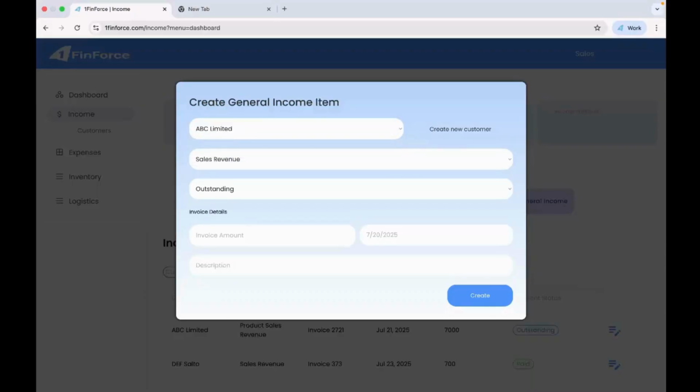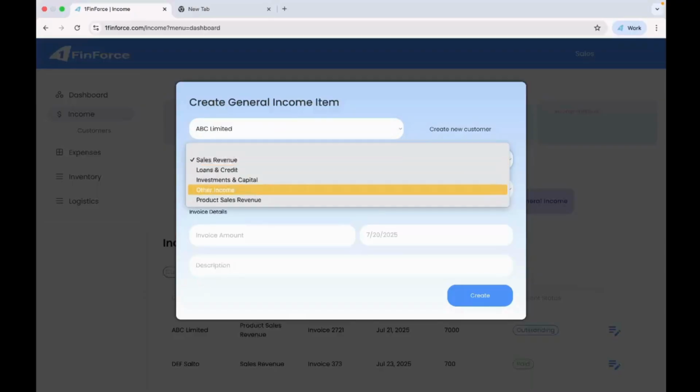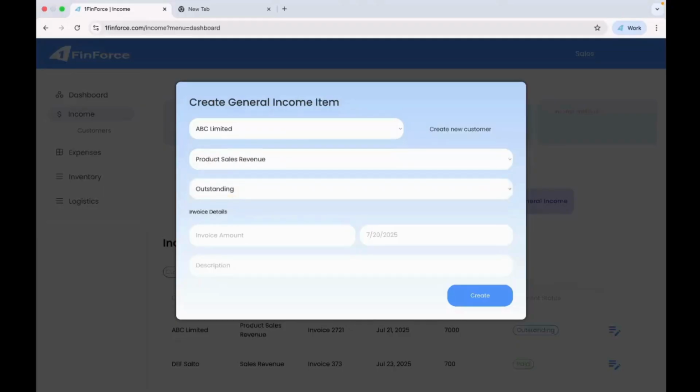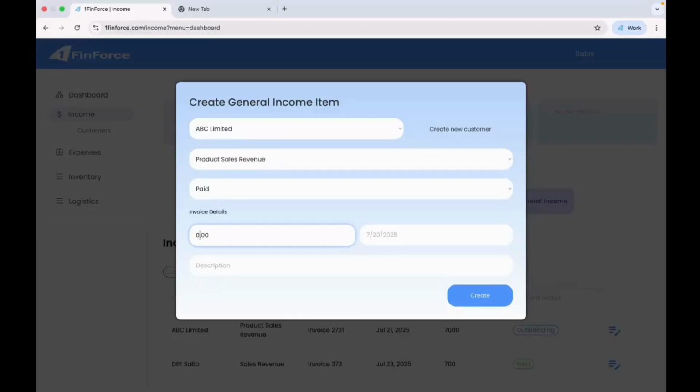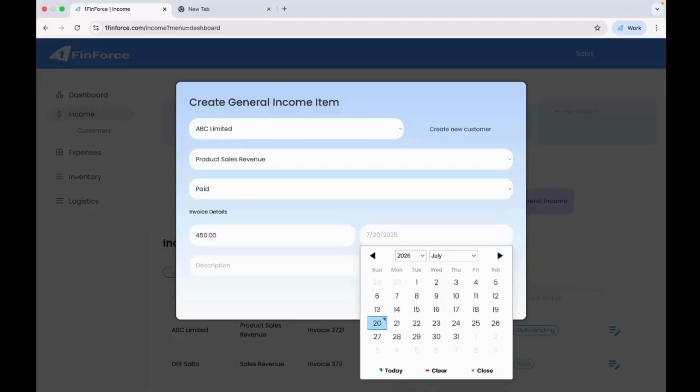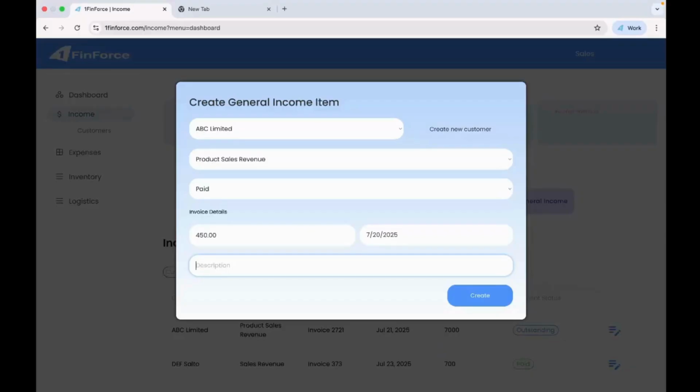I'm just going to say it's to ABC Limited. It is part of product sales revenue. This is part of our services team. I'm going to say this is paid. The invoice amount was 450 and the date was today. Invoice number was invoice